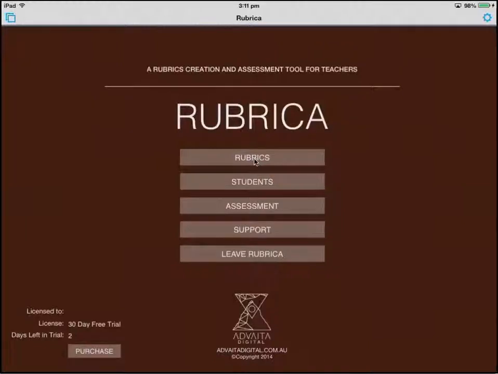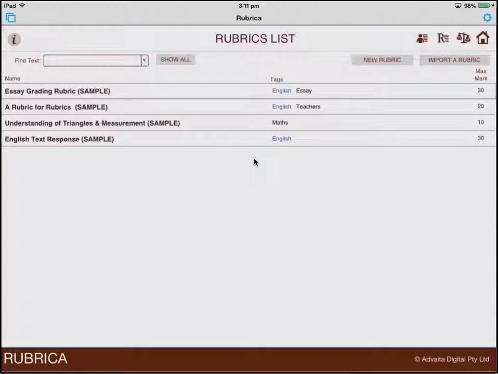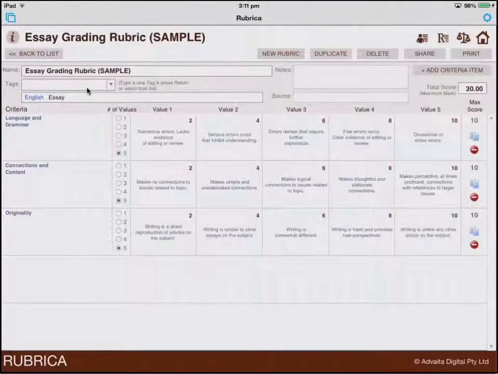Tapping on the Rubrics button takes us to the list of rubrics that are installed in the app on your iPad. Tapping on a rubric's name will take us to that rubric. Now, if I go back to the list,